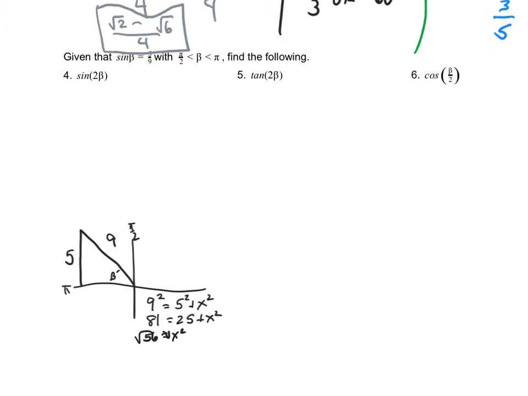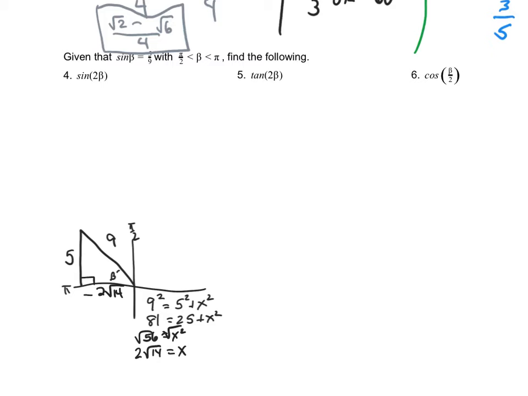And then I'll take the square root. Now the square root of 56 can be simplified because it's 4 and 14. So it will be 2 radical 14 equals x. But that's actually not going to be my side. My side is actually going to be negative 2 radical 14 because I'm going backwards in quadrant 2. So now that you have this, you can use your formula sheet and really solve all these